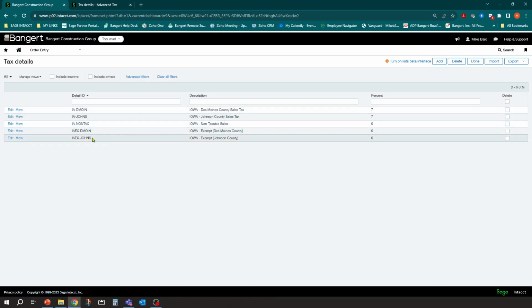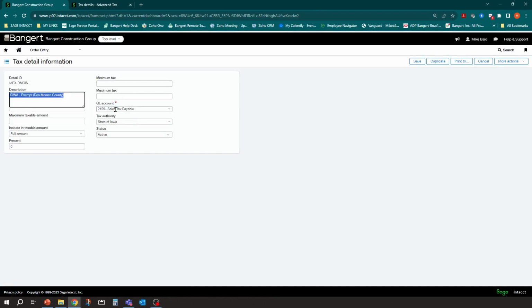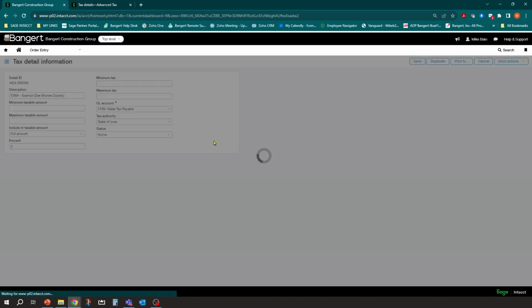So you can get these keyed in pretty quickly, and you're just really going to go through all the different scenarios in the system. So one of the things that we talked about in the contact tax groups is these Des Moines exempt areas. So I'm going to want to set a scenario up for that because this is how it's going to grab the rate. So I can set it up where if they are in the contact tax group of Iowa exempt Des Moines, they can pull in this detail, which actually is set up to report the same, state of Iowa, this sales tax payable, but with a 0%. Okay, so you're going to set up all the different scenarios that you might need.